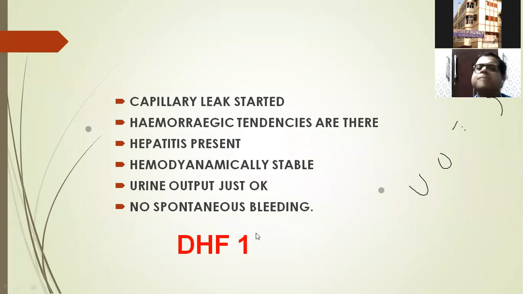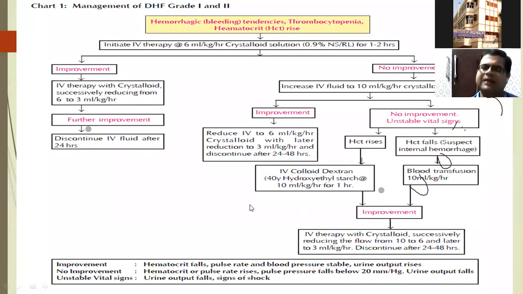So management must be admission. There is no problem. And here lies this thing. Sir asked me not to put the copycat, but I have to give the copycat because you have to keep this in your mobile. You have to keep this stamp in the emergency ward everywhere. You have to manage this patient line by line as what you have given. If you are not doing it line by line and anything happens to the patient, you will be in deep trouble. So these are the hemorrhagic tendency.